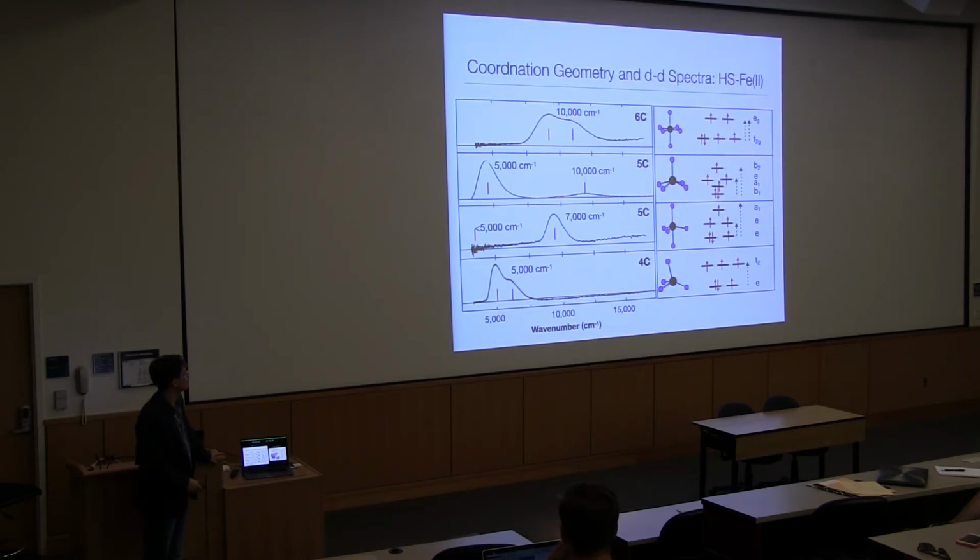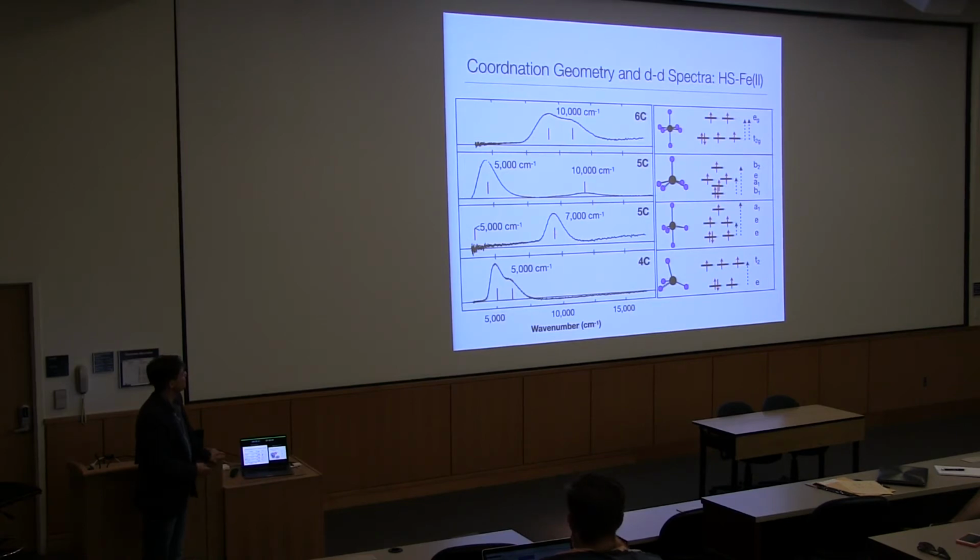Now, for octahedral complexes, you find typically two absorption bands centered around 10,000 wave numbers and split by about 2,000. And that is the signature of a distorted octahedral site, where the splitting here comes either from low symmetry or the Jahn-Teller effect, which I'm not going to talk about in these lectures. And that is simply the quintet T2g to quintet Eg transition. So you have the d6 configuration here, high spin d6. There is one extra electron in the T2g set, and exciting it to the Eg set gives rise to that